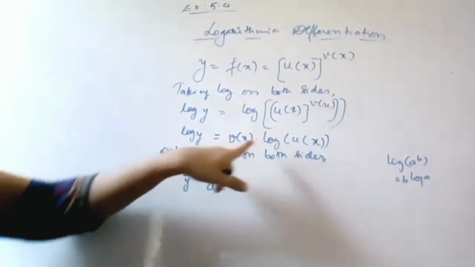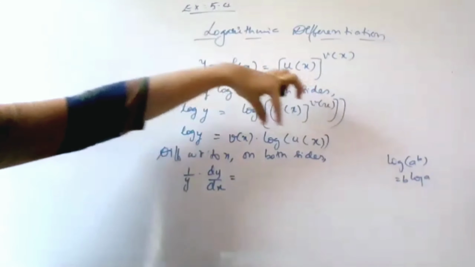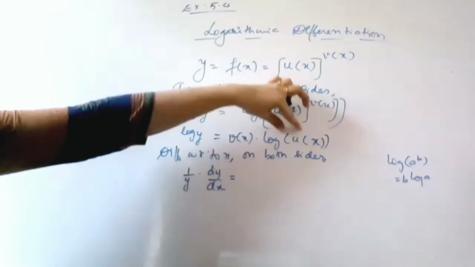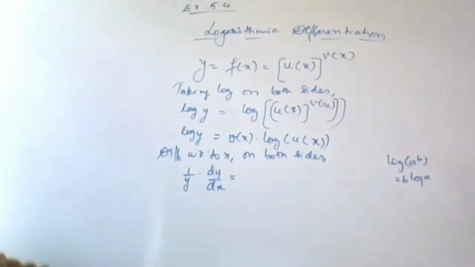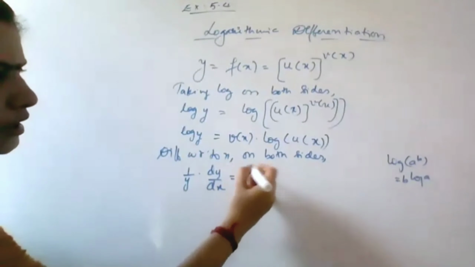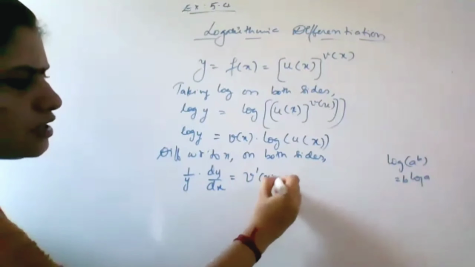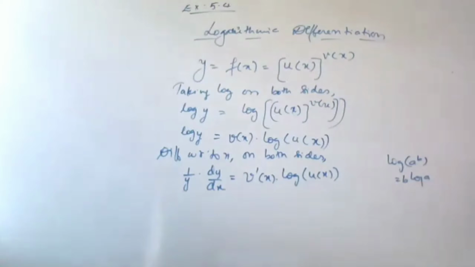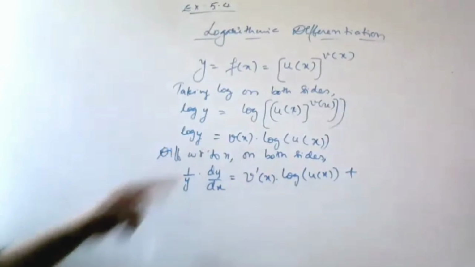It is again a product of 2. This is one term of x, this is another term. So first you differentiate one term into the other, plus the derivative of the other into the first. If you are taking your v of x as the first term, you will get v dash of x into log of u of x, right? Plus v of x